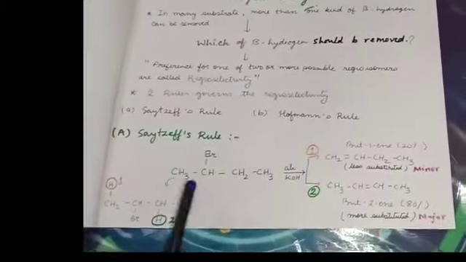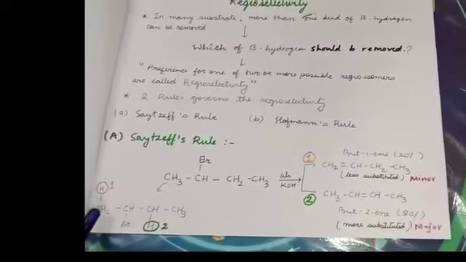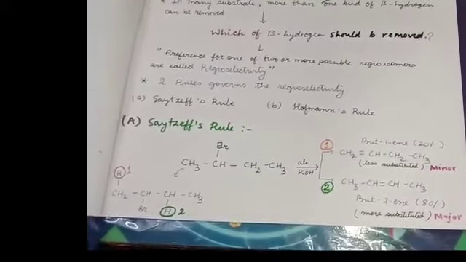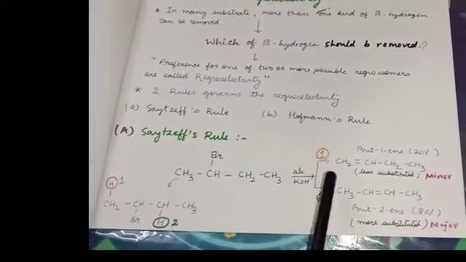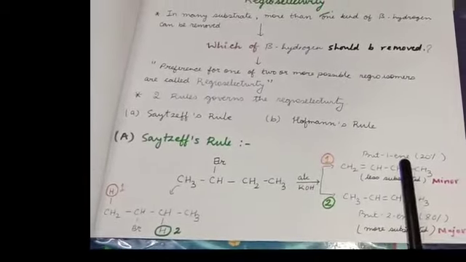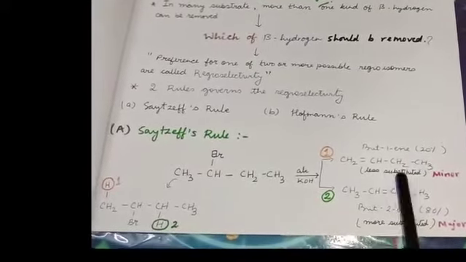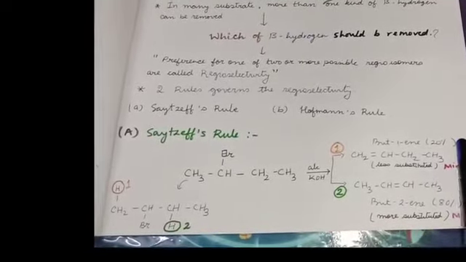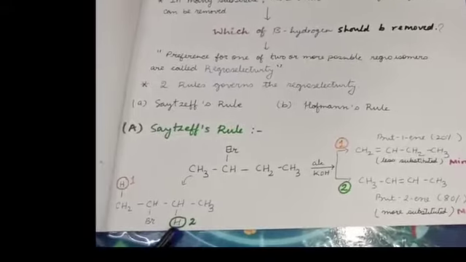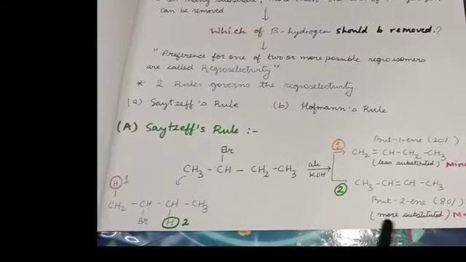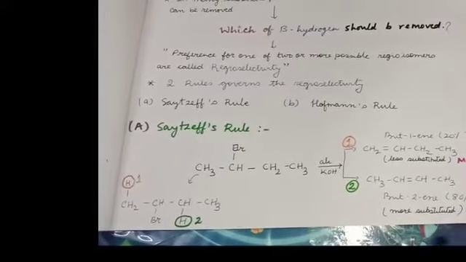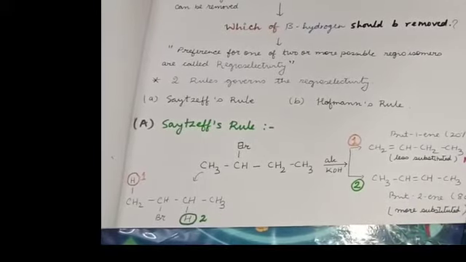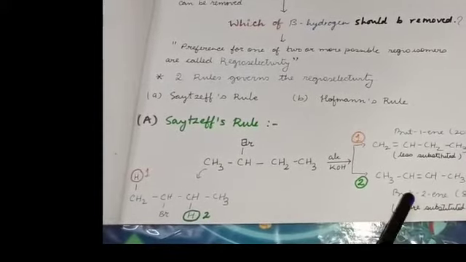Saytzeff rule में क्या होता है कि like here we have this alkyl halide. तो यहाँ पर दो types के बीटा हाइड्रोजन है. So I have numbered it as 1 and 2. ठीक है, अगर हम पहले हाइड्रोजन को हटाते हैं so here we can see but-1-ene will be formed. Okay, and this is the less substituted product, and this is formed in minor quantity. So this is a minor product formed only in 20%. While अगर हम second hydrogen को remove करते हैं, then this will result in the formation of a more substituted product, and this is formed in major quantity, almost like 80% of our product is the more substituted product.